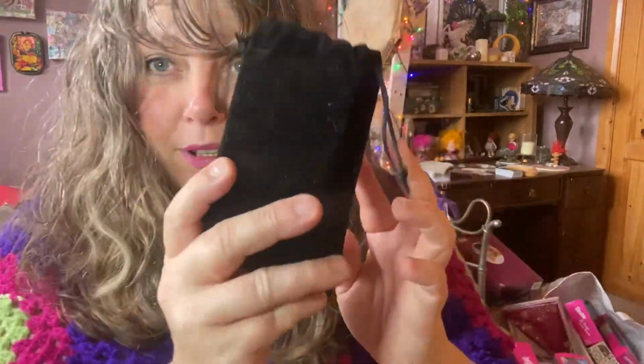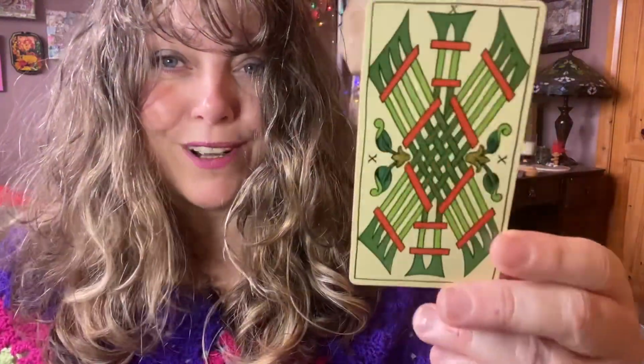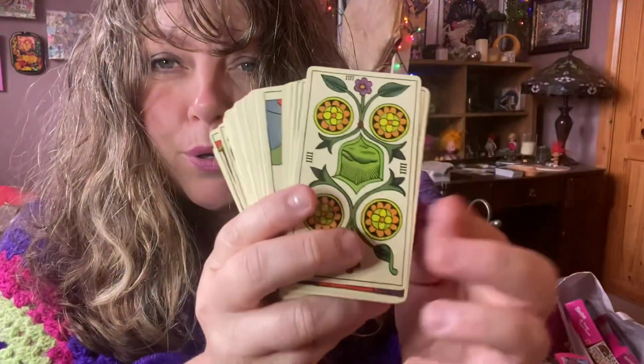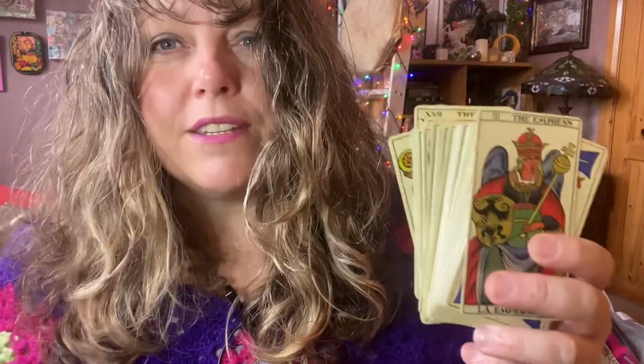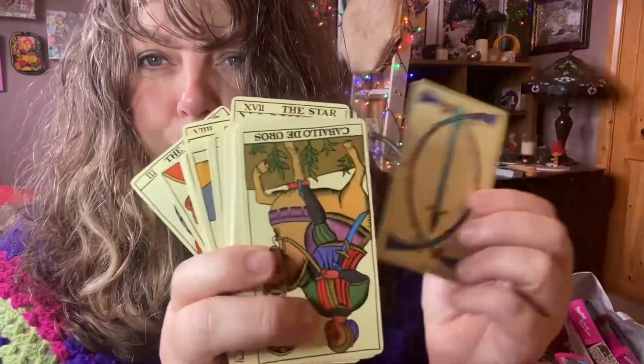This was my little Marseille deck. This is my least visited system of the three key systems of the tarot. I am being more called to this. In fact, I pulled this card today, the first time I've ever pulled a Marseille card in a reading. I am being pulled to this, but even so, it's nice to have a Marseille in your collection from the get-go, just so when it's spoken about, you at least know the visuals of the deck